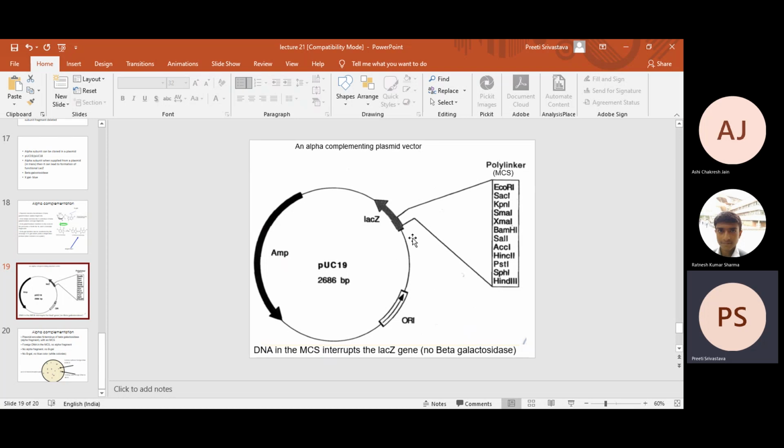So for example, let's answer the second question first. In the earlier case, we were digesting the chromosomal DNA with EcoR1, correct? pUC19 is digested with EcoR1. Now again there are three possibilities. Possibility 1, pUC19 will self-ligate. Possibility 2, pUC19 will ligate with the genomic DNA fragment. And possibility 3, the genomic DNA fragments will self-ligate. Now please tell me, how are we going to screen the colonies?